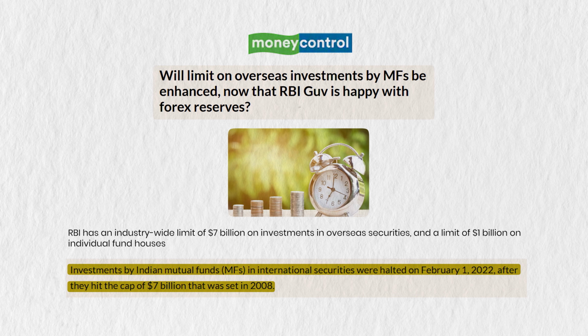So until recently, and when I say recently, I mean probably until 2022, the best way was through the mutual fund route because there were so many feeder funds investing overseas. Then in 2022, the entire mutual fund industry hit the RBI limit, $7 billion. They now accept some money. If there are outflows, they reopen for a little bit to cover up that gap. But by and large, they don't accept money.